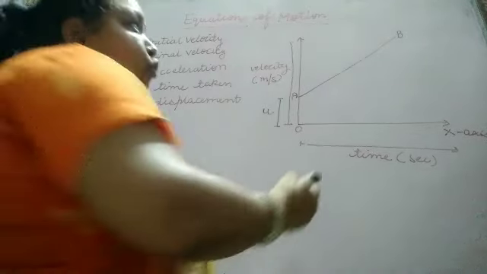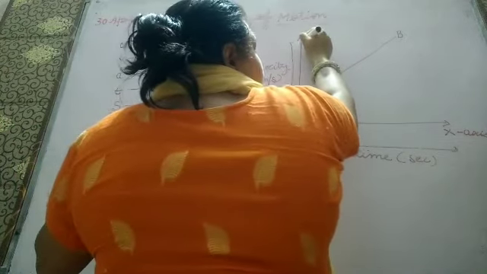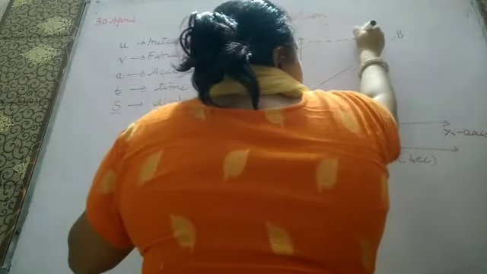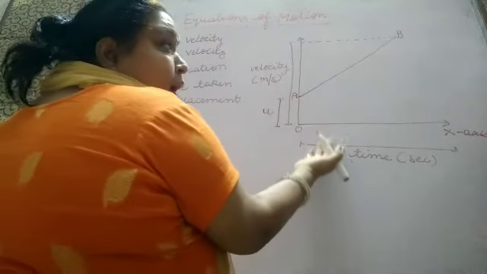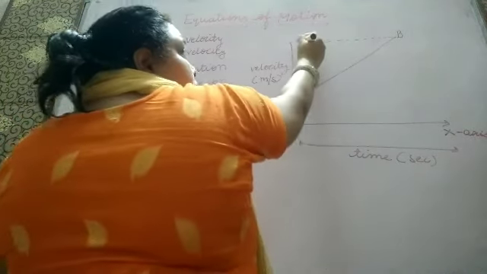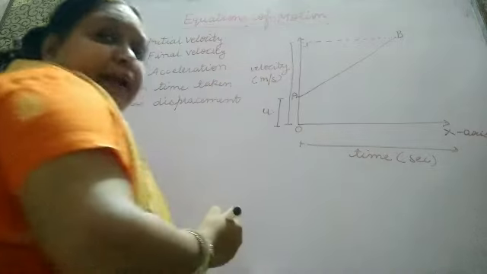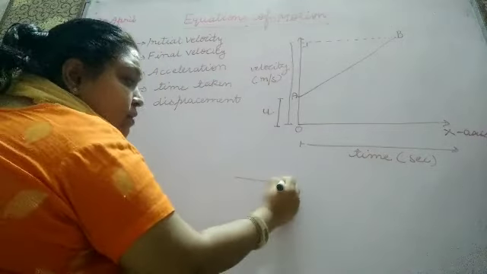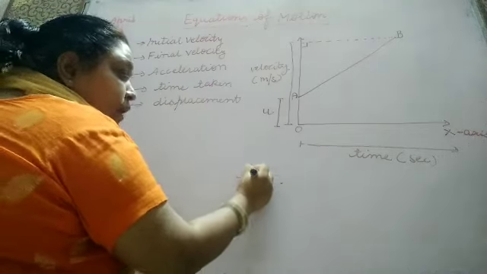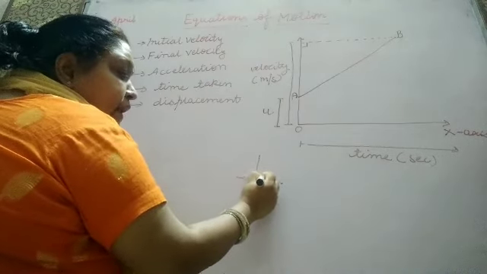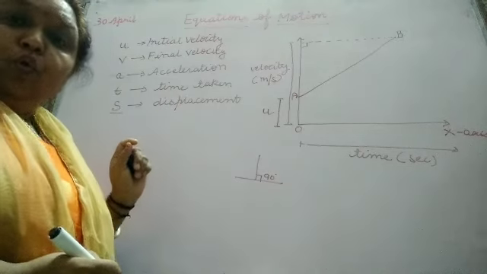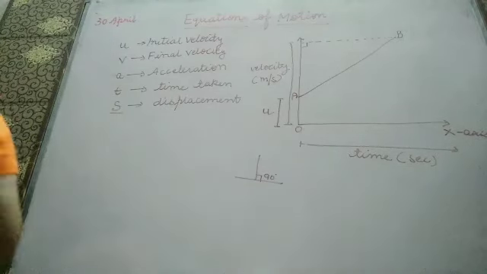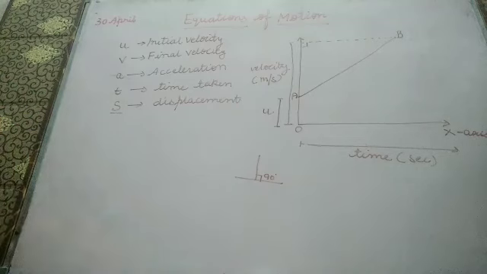Then we have to draw one line parallel to x-axis and perpendicular to y-axis. Do you know what is perpendicular? Like this is one line, and if I draw one line here at 90 degrees, then that line is called perpendicular. I think you know, you must have read in your maths, okay.